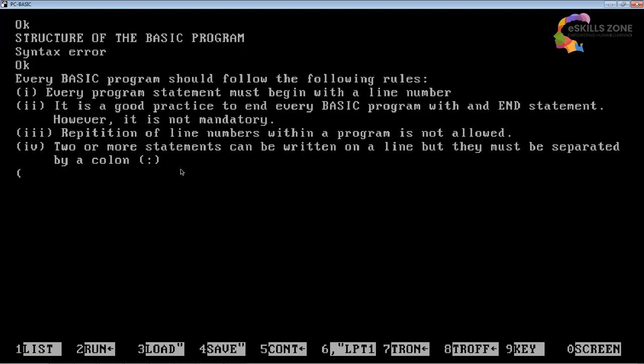And the fifth important thing we are going to learn today is, in BASIC, variables can be used without declaration. So viewers, if we talk about all other languages like C, C++, Java, and many other languages,